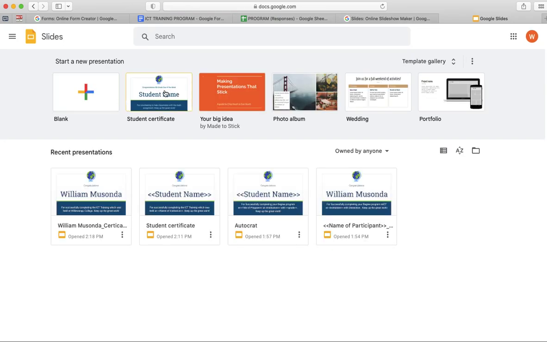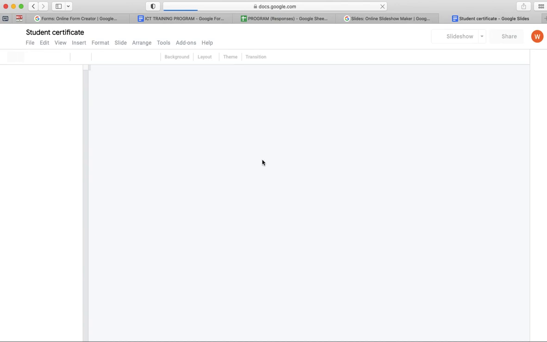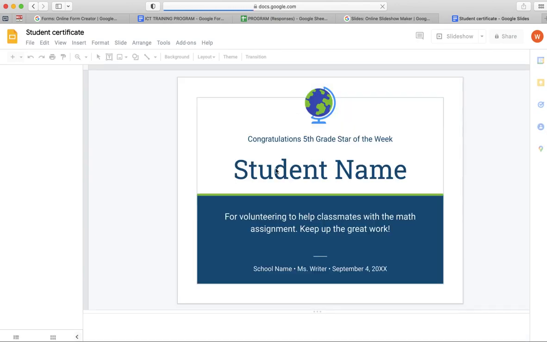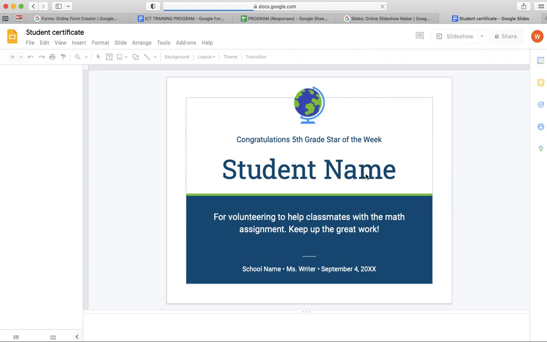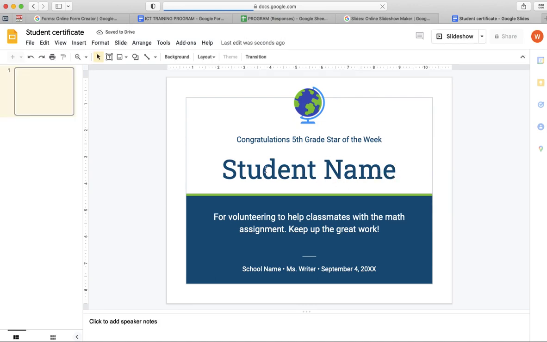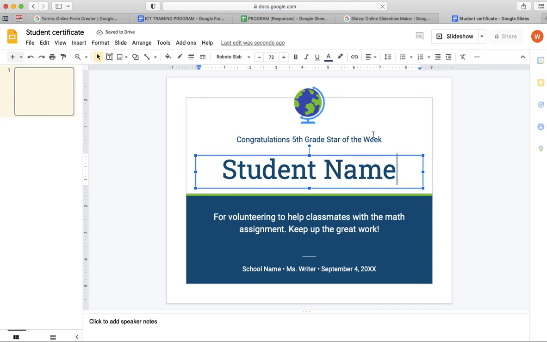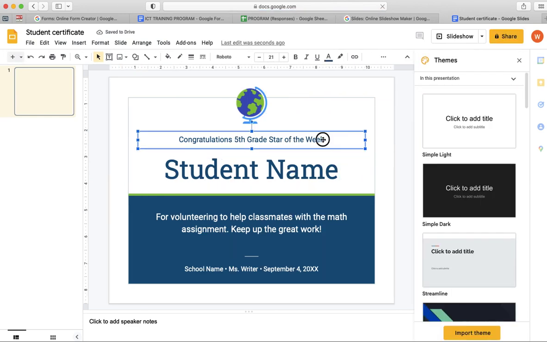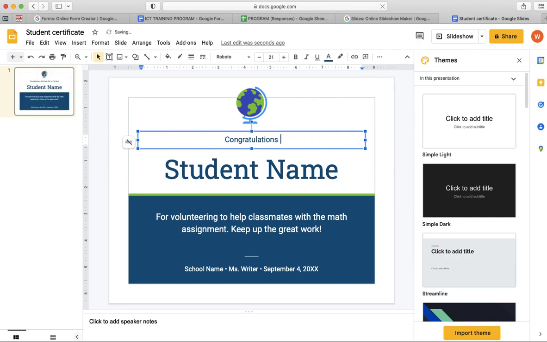And then you can create a blank one, but I think to save time, I'll choose the student certificate here. So when the certificate comes here, I now have to just edit this one so that it matches what I want here. So we'll edit it so that it only meets what we want. So we'll remove this part here,